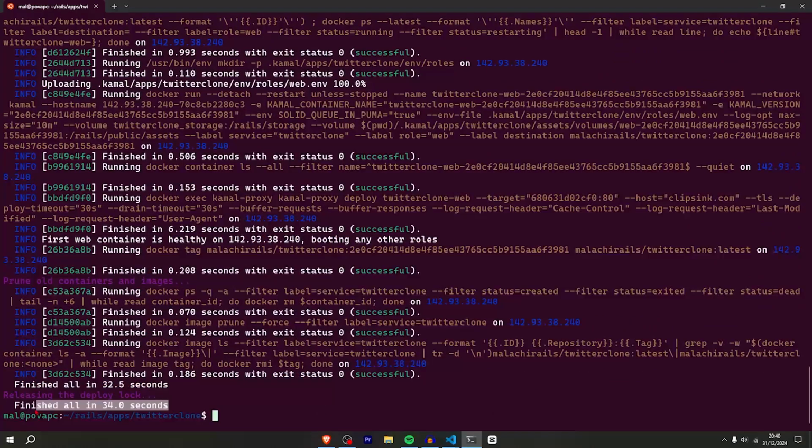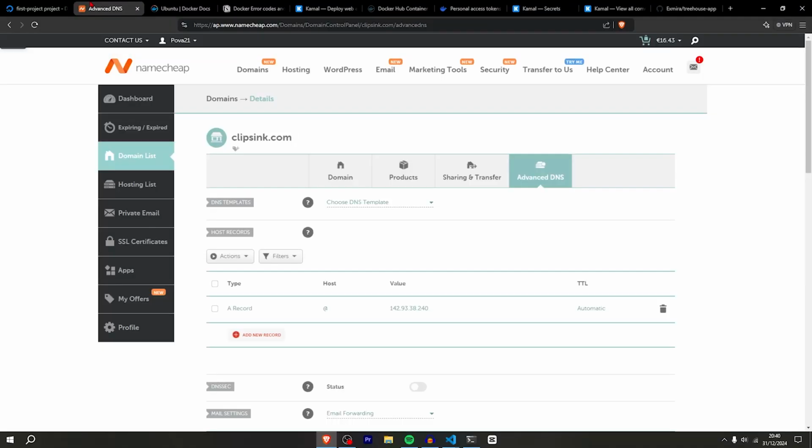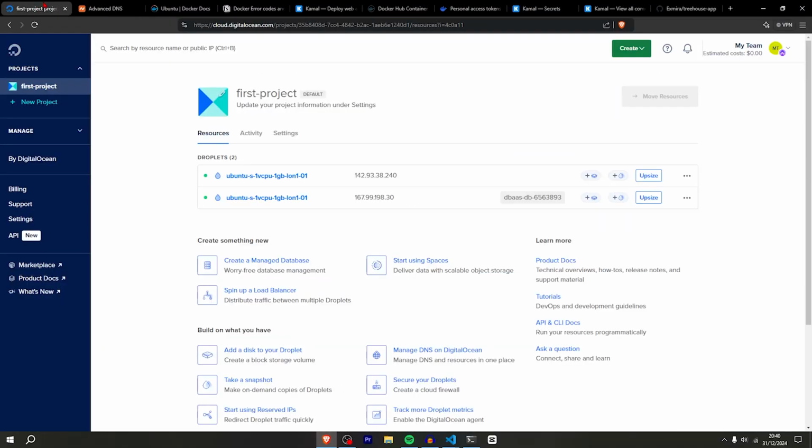And this time it actually worked. It says finished all in 34 seconds. So changing from PostgreSQL to SQLite actually worked. And I believe that's because in order to have PostgreSQL actually work, you need to create a managed database with PostgreSQL. Now, normally I'd be against using SQLite 3 in production, but I think in this scenario, it's perfectly fine